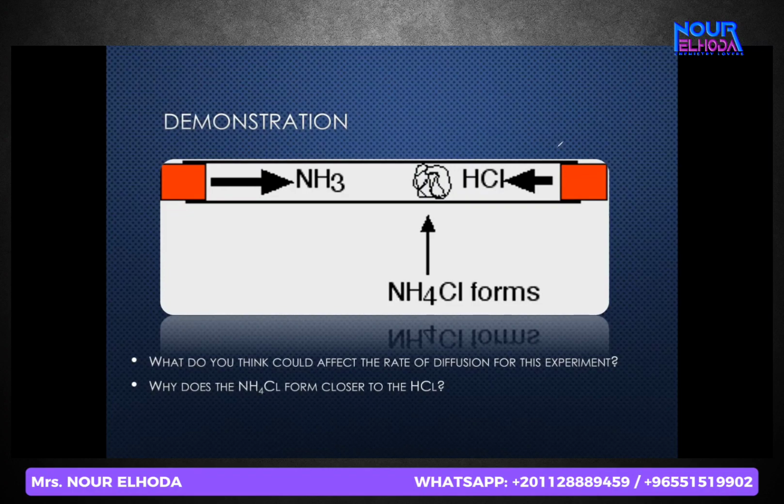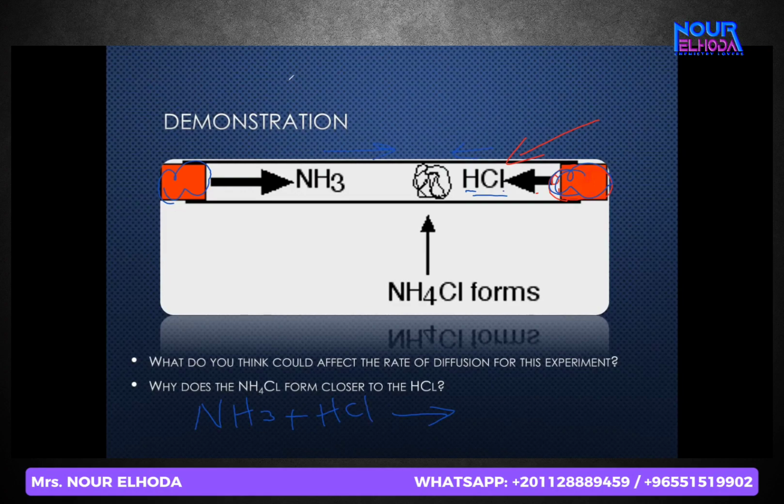So first of all, as I said, this is a tube, and I'm going to put a piece of cotton on both sides. I'm going to show you the video. Here is a piece of cotton filled with HCl, and here is another piece of cotton filled with ammonia gas. Both gases are colorless. But once they react together, this is ammonia with HCl. They are going to give me what? Since both are going to diffuse together, they are going to give me one substance.